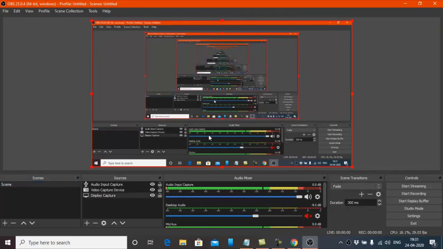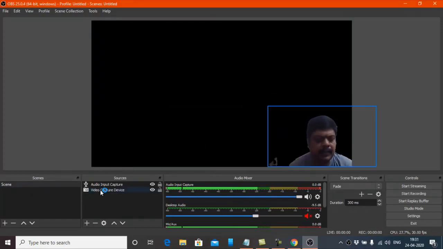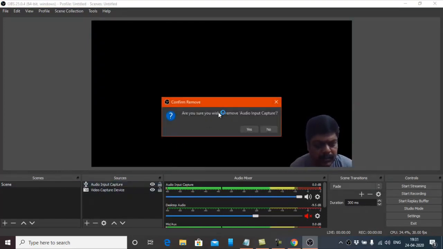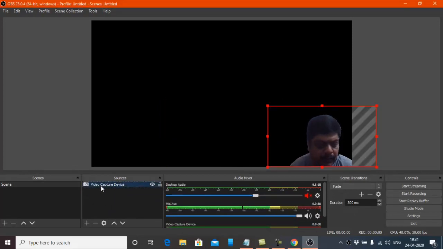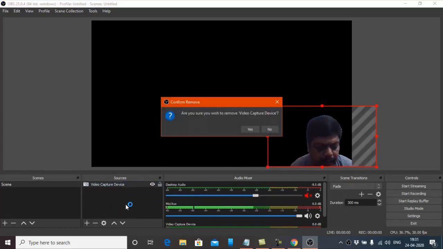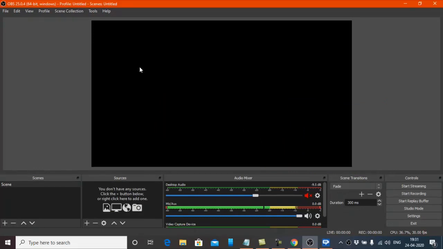So initially when you open the software, I will start from the beginning because I already tried this. See, now this is the window you will be getting when you start. So you can see that this is the number of scenes you can have. So scene number 1, scene number 2, scene number 3, like that you can move across scenes. And these are sources. This is very important, and this is the preview that we are able to see.